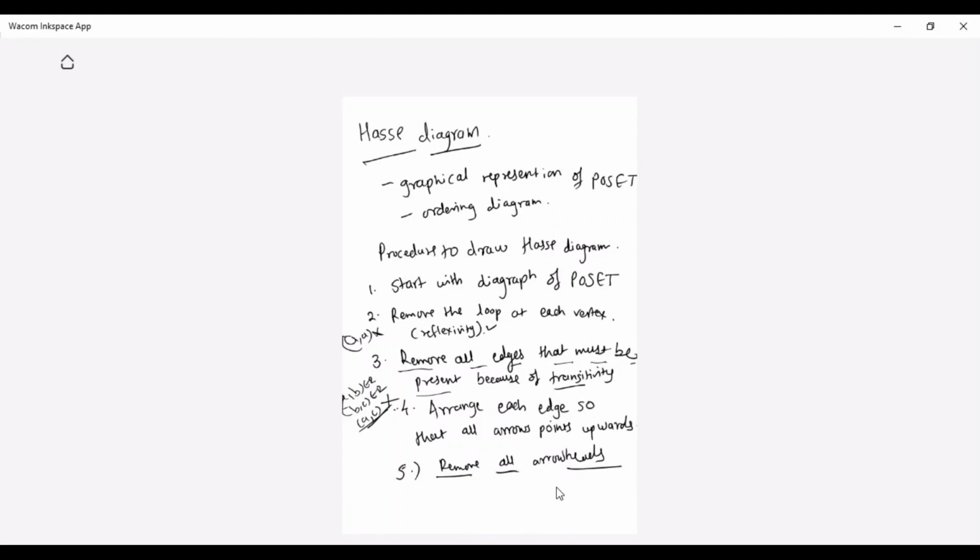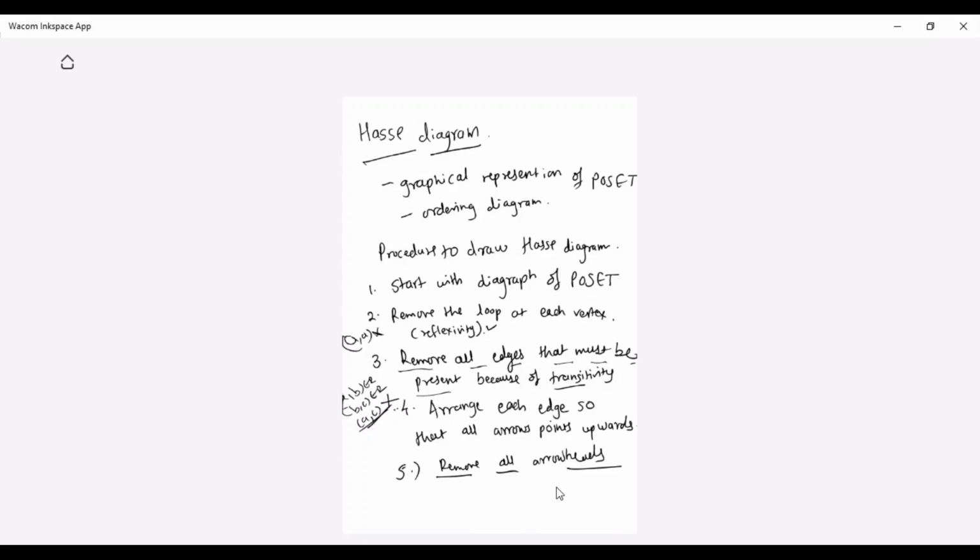So these 5 steps you need to remember, student, and you have to do them sequentially. You cannot change the sequence of these steps. You cannot go with the first one and directly jump to the fourth one. No, you have to follow each and every step in sequence properly, step by step. I hope you have understood the procedure.